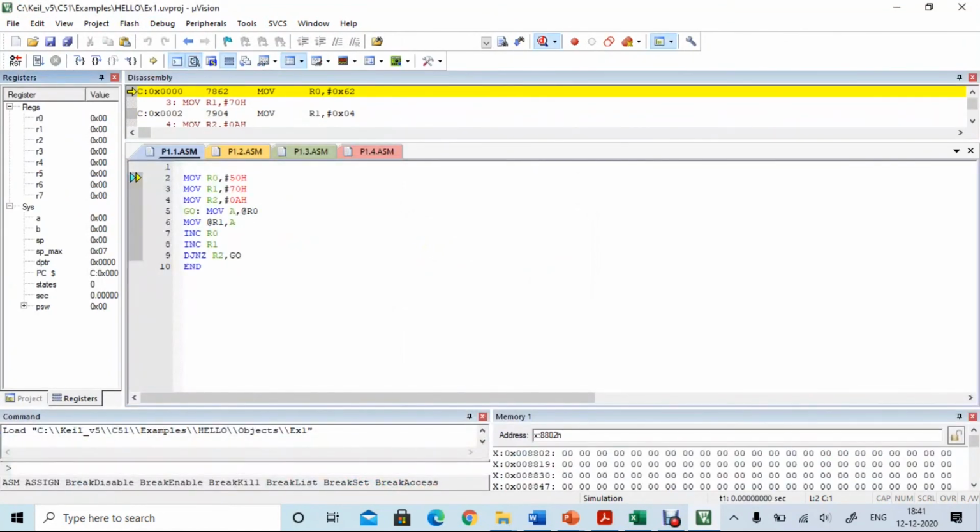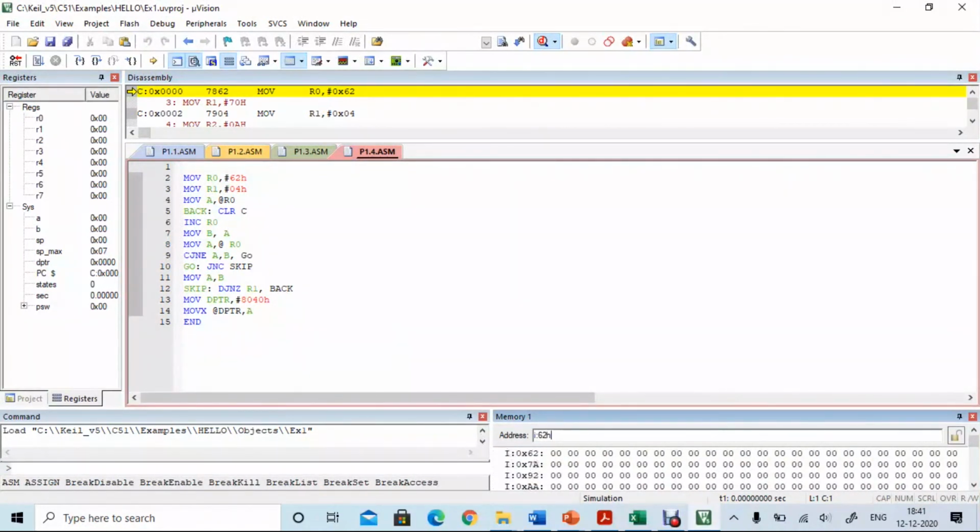So we have to give the input. So the memory location is 62H, which is internal memory. So I:62H. So enter that and press enter. So then give the input. So we have to find the largest number.